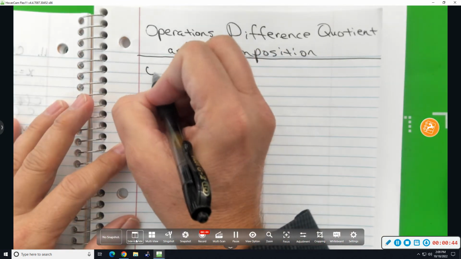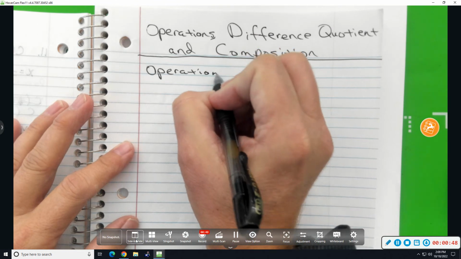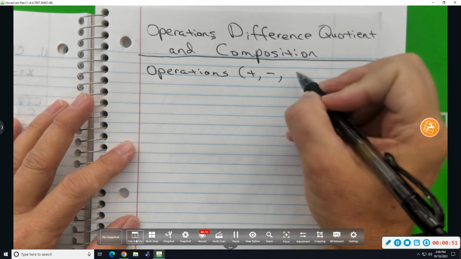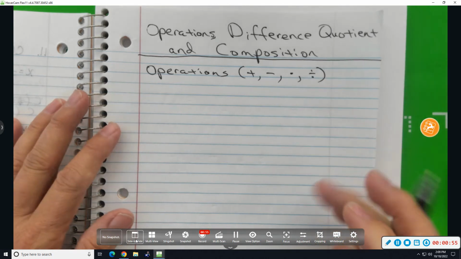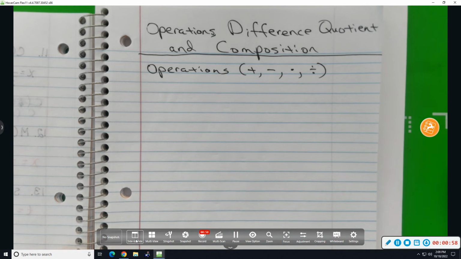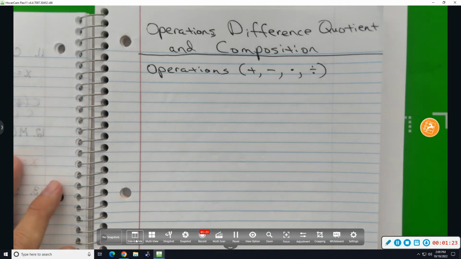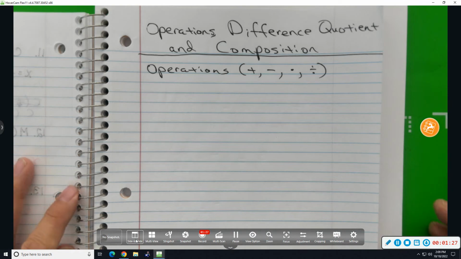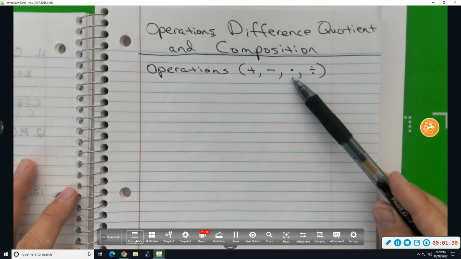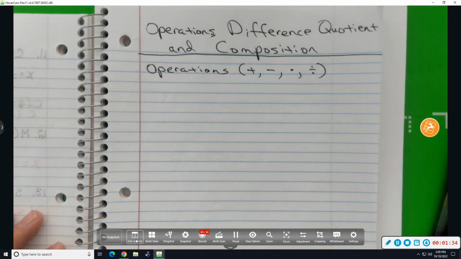Anyway, operations. We're looking at addition, subtraction, multiplication, and division. It's the same operations that we perform on real numbers. And the thing to know about these operations on functions is that it's basically just algebraic addition, subtraction, multiplication, and division. You know how to add and subtract algebraic expressions. You combine like terms, or if you have fractions, you get common denominators and add or subtract them. So addition and subtraction is just algebraic addition and subtraction. Likewise, multiplication is just algebraic multiplication, and division, algebraic division. And so to illustrate that,